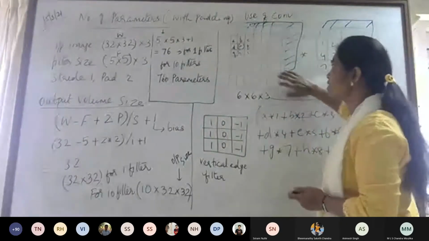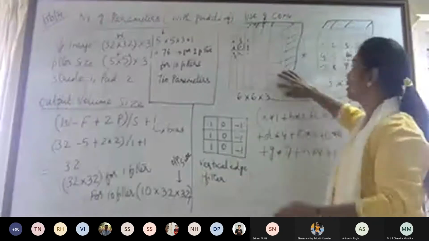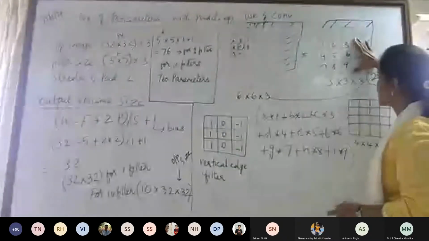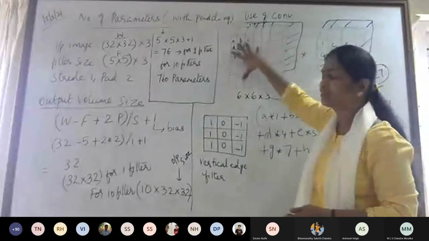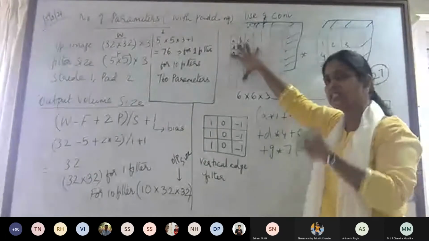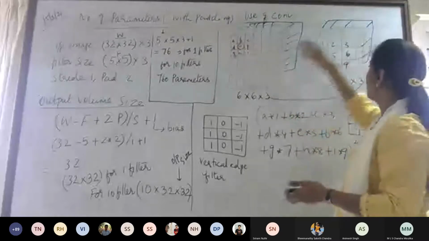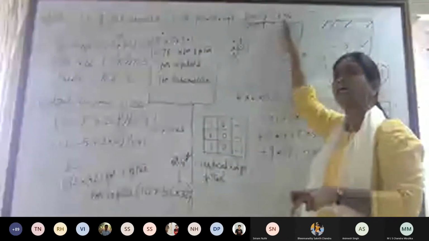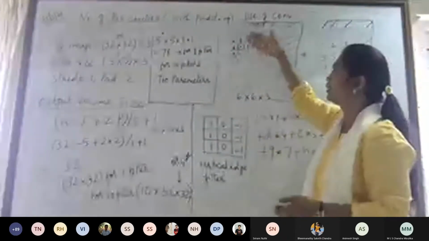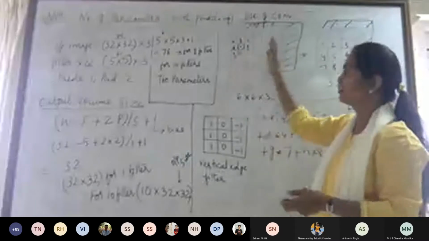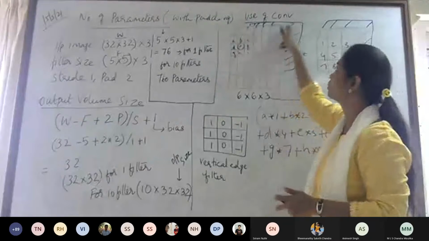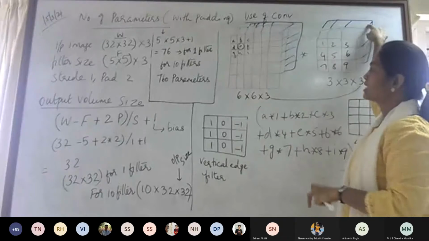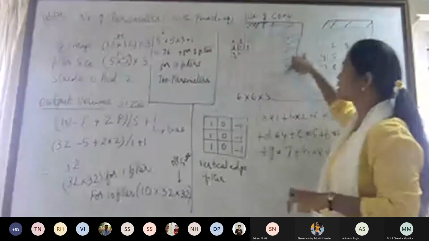Now what you have to do is, this is your red plane. In your filter also you have red, green and blue. So the elements of this red will correspondingly be multiplied with the elements of the pixel intensity values in the red plane. Similarly, you take the green plane in the filter, it will be multiplied with the corresponding elements, whichever pixel you are moving, the window it is moving, accordingly the convolution operation happens. Similarly, the blue plane filter mask will be convolving with the elements in the blue plane.